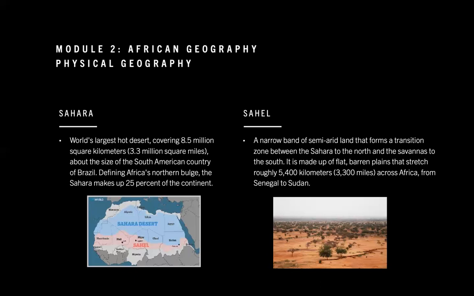So as you can see, this is how the Sahel looks like. It's a transition area. So from a very hot barren desert, you get a little vegetation until you come to the part of grassland savannas. But unfortunately, the Sahel region is under threat as the Sahara Desert is increasing in size. This is what we call desertification, where areas surrounding a huge desert are actually being engulfed by the desert